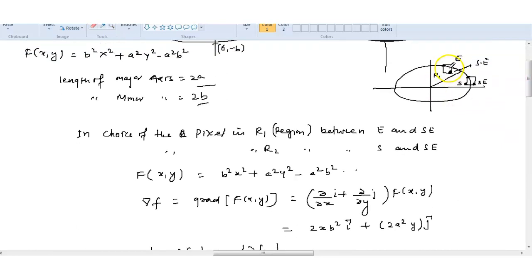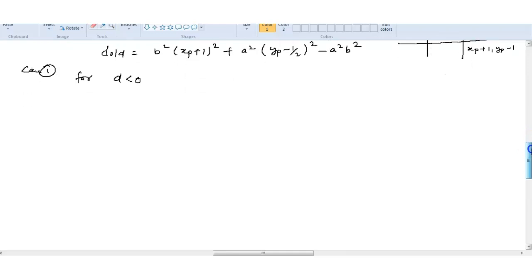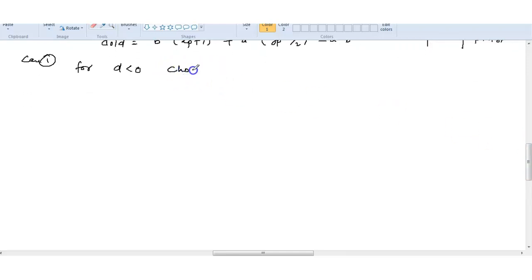This midpoint which we are finding here, consider it lies inside of this ellipse. So the line is passing closer to the east, so we'll choose the east point, like we discussed in the line as well as in the circle. This midpoint lies inside, so the ellipse line will be closer to the east point, so we'll choose the east point. So the choice is your east.